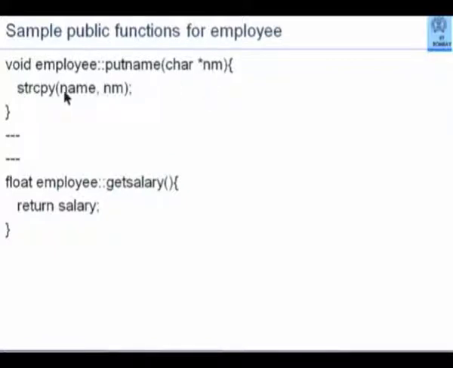I could have of course put in a loop which will copy every character from array nm into the corresponding character position of name, but there exists a standard C string function which is strcpy, which will copy this string onto that string, and therefore we simply use the strcpy. Notice that this will copy the second string into the first string, and therefore the value of name will be changed. So notice that this function is the only mechanism of changing the value of the name. There is absolutely no other mechanism. You have no direct access to name. Name is a private data member of that class.